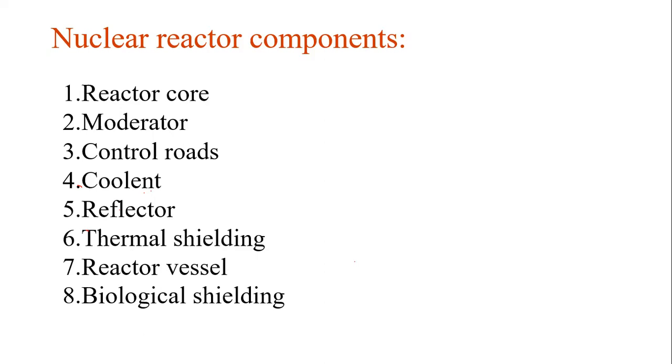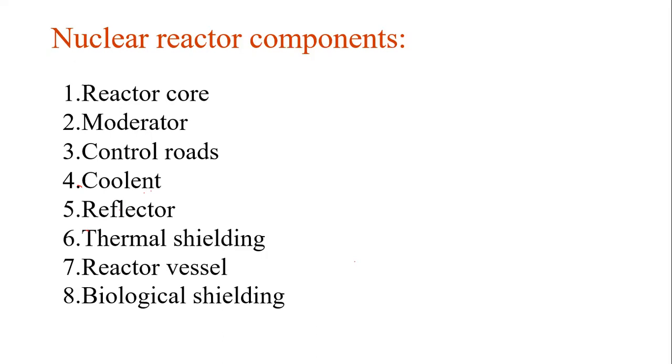Next, the last one is the biological shielding. What is meant by biological shielding? It is made up of lead, iron or dense concrete. That biological shielding is used to prevent the escape of fast neutrons